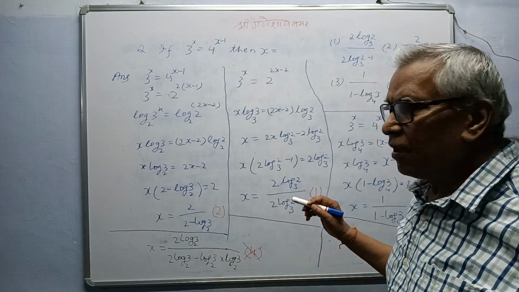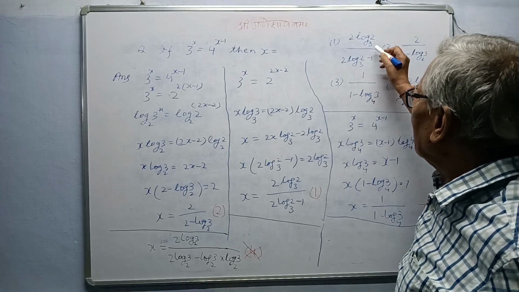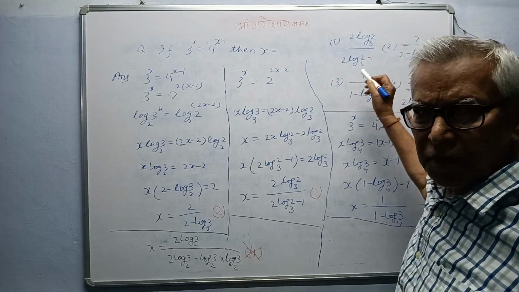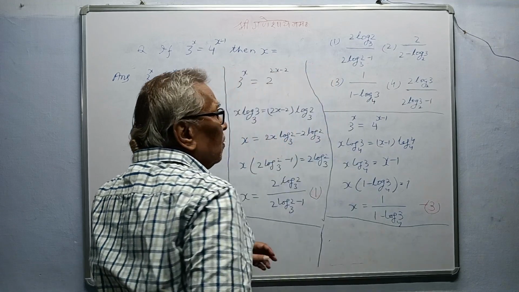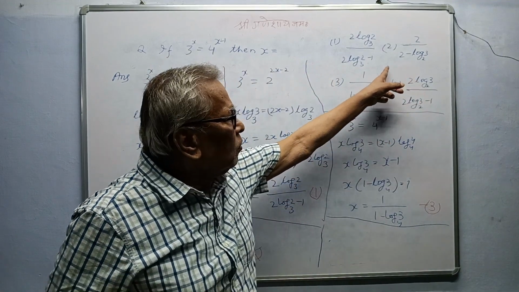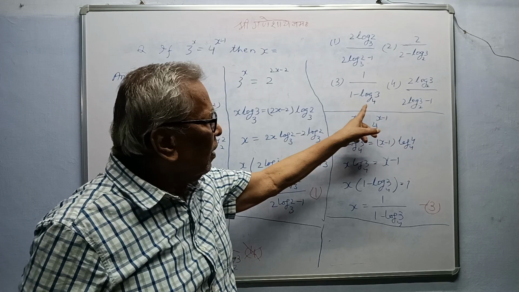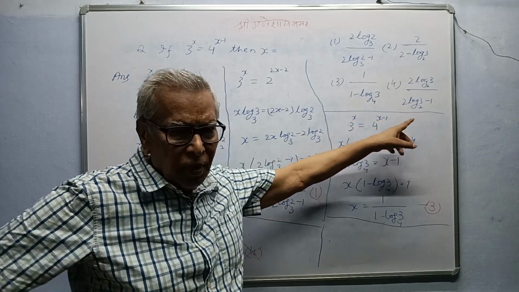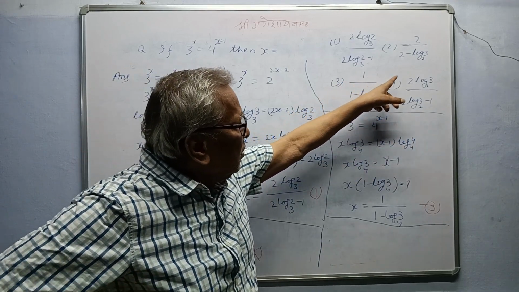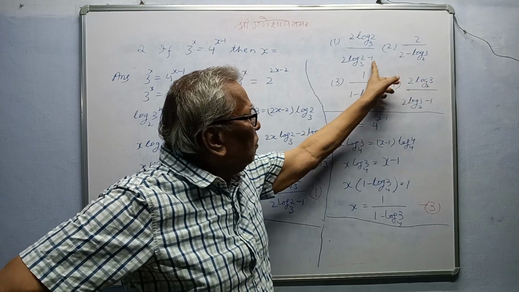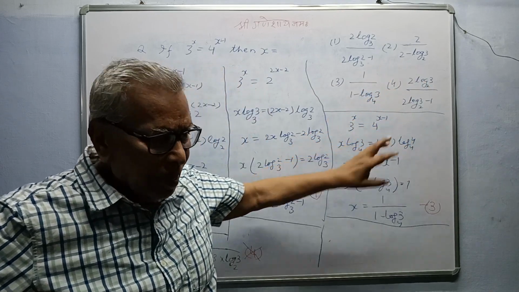We have 4 options here: 2 log 2 to the base 3, 2 log 2 to the base 3 minus 1, 2 divided by 2 minus 2 log 3 to the base 2. Here base is 4, here base is 2. So we see that the bases are different: 2, 3, 4 and 2. So let us